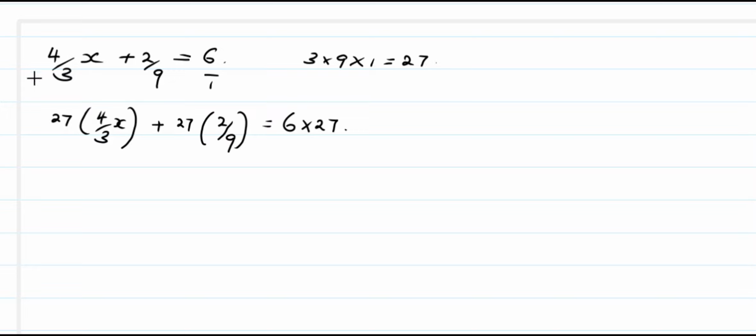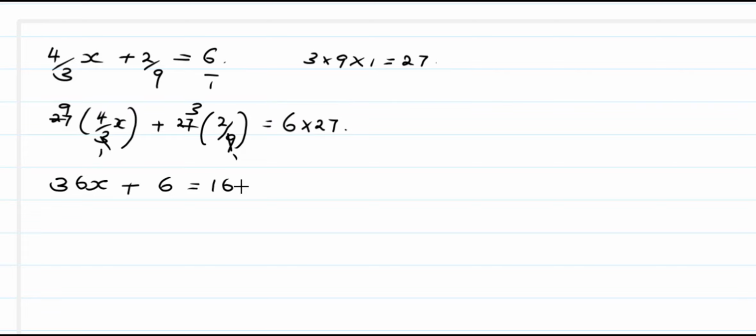So it becomes 27 by 3, this one is 3 by 3, 1 by 3, 9, then 9 by 4 is 36, so that is 36x, plus 27 divided by 9 is 3, so by 9, 1 by 9, 3, but 3 by 2 is 6, is equals to 6 multiplied by 27,